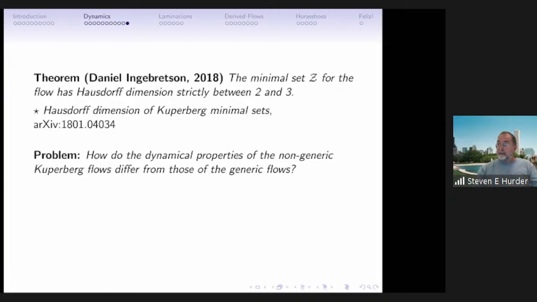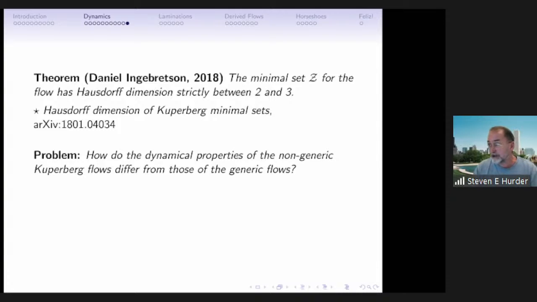And the problem is that you have to make assumptions and you get a number, and the number is 2.6 something, except that's with all his conditions. What he really shows is that it's bigger than 2 and less than 3. More precisely, it depends. So when you have slow entropy that's partially hyperbolic at some square root, you expect the Hausdorff dimension to reflect that somehow, and this is what it does.